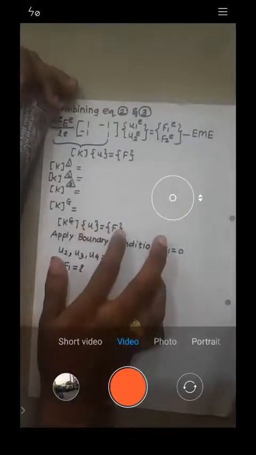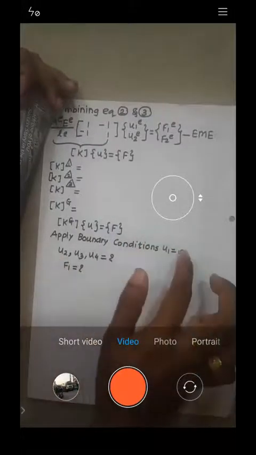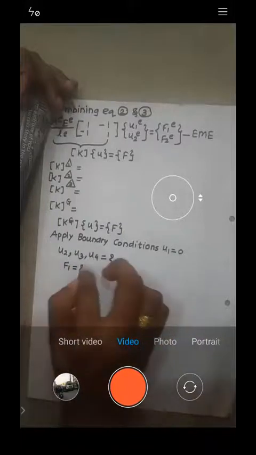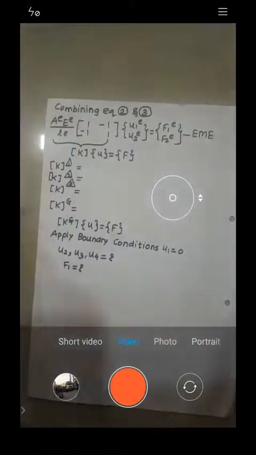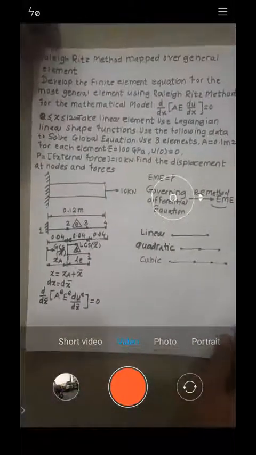Once you have applied it for 1, 2, 3, you calculate the global matrix. When you have this global matrix, you multiply it by displacement, and you will get force. So on this equation, you apply the boundary condition and calculate the values of displacement. Once you have displacement, you calculate the reaction. Yes or no? Understood or not? Let me know. Understood, each of you? See, this derivation almost takes three pages. A 3-page derivation is there, right?